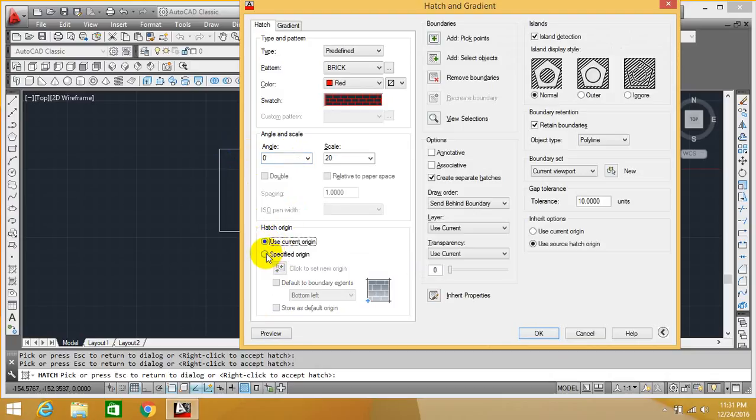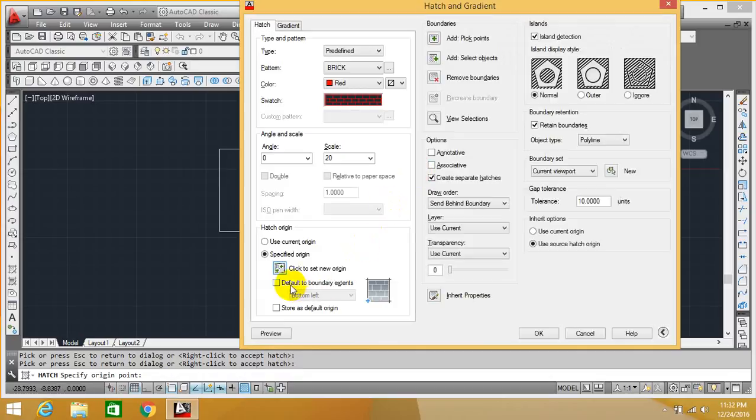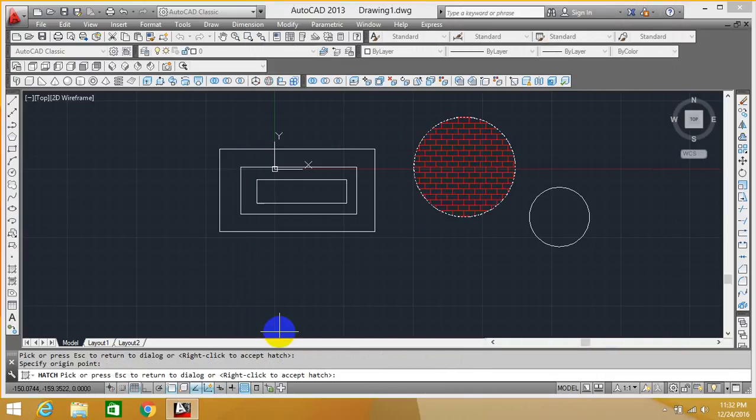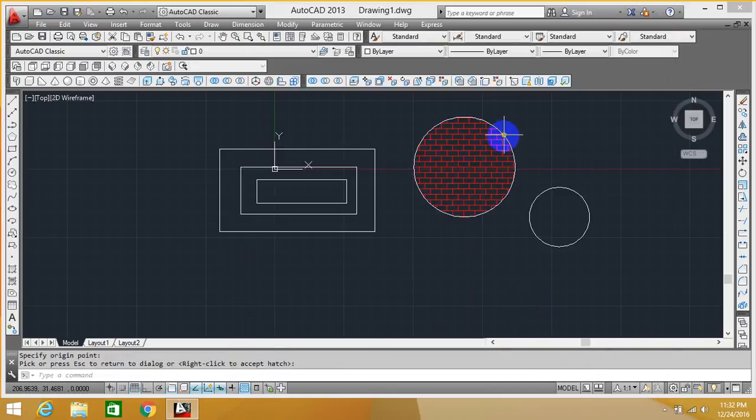Use current origin option and specify the origin. Okay, so if you want to specify the origin, click to set a new origin. Take a point where you want to set the origin, just click over here and your pattern gets started from here. Okay, so you can see from this point you got your origin. And next, here we have add select objects. So after all these settings you just click OK. Here we got our